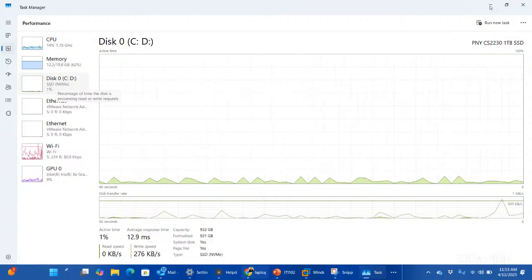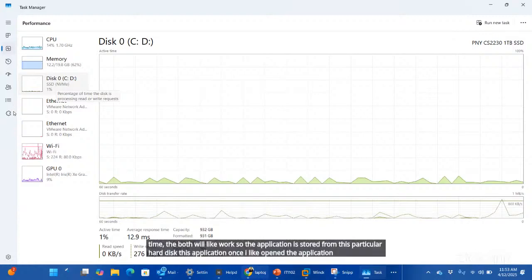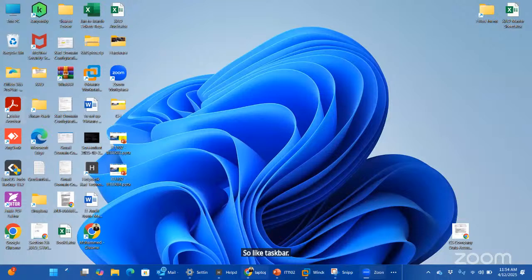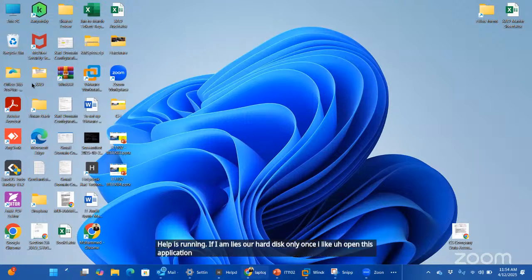Once I open the application, it will load. Right now this application is not running yet. In my taskbar, there is no job running.